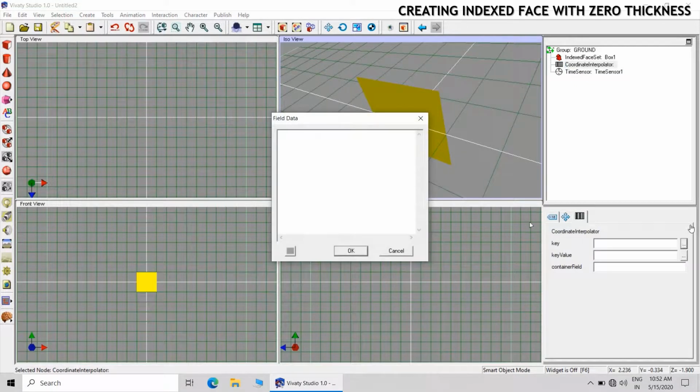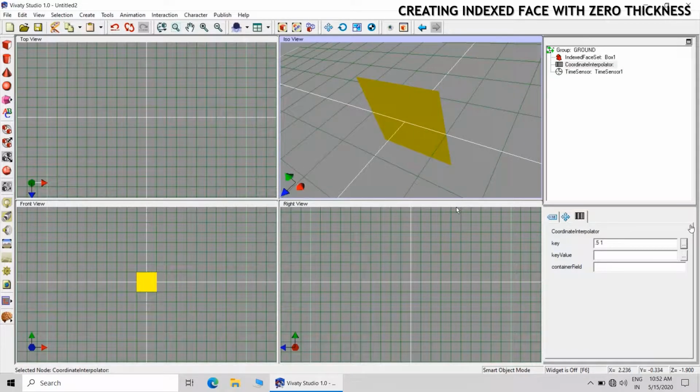Now here there will be a key value. It means that at 0.5 second what should be the animation, at 1 second what should be the animation, that is called the key. And of course there will be a key value. Now we have to find out the coordinates of this particular flat plate.